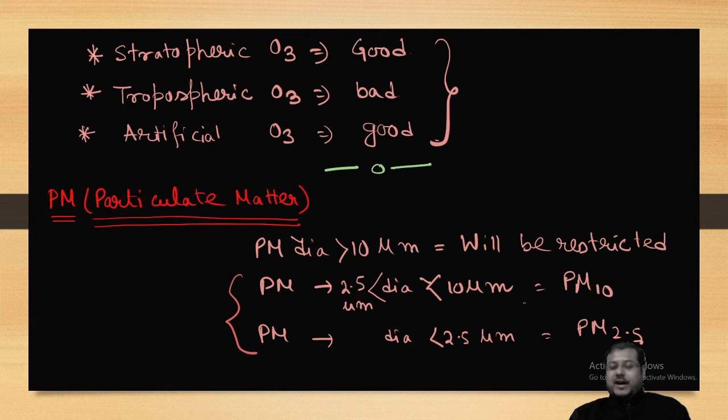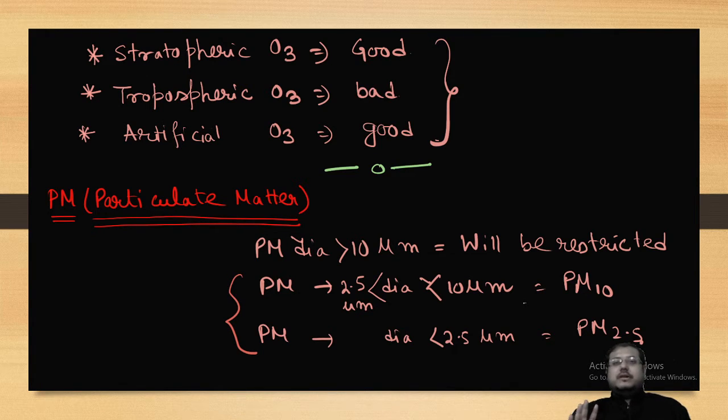And in the water treatment process, what ozone we are producing, it's the artificial ozone we are producing by generating a high electricity field in the ozonator instrument. That is good. So स्ट्रेटोस्फेरिक ओजोन इज गुड एंड ट्रोपोस्फेरिक ओजोन इज बैड। ये चीज को आप अपने खून में बवा लीजिए।